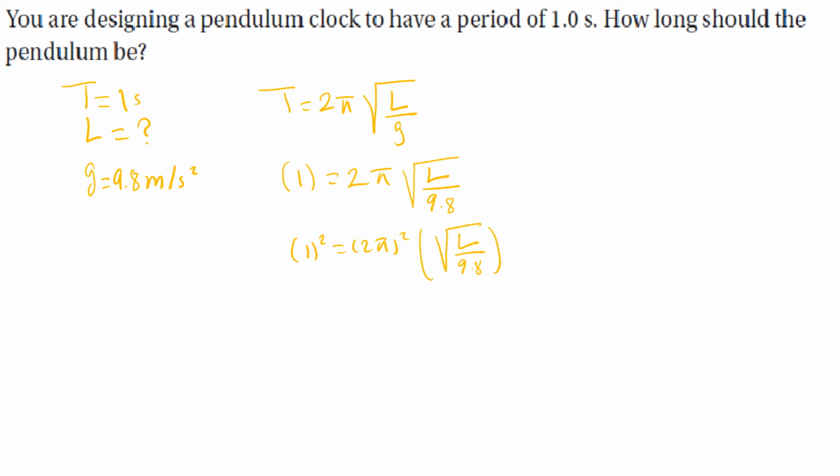Square both sides to get rid of the square root. It will be 1 squared equals (2π) squared times L over 9.8. So 1 is equal to 4π squared L over 9.8. Then L is equal to 9.8 over 4π squared, and the answer will be